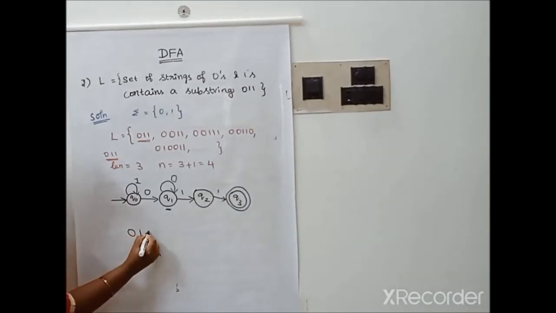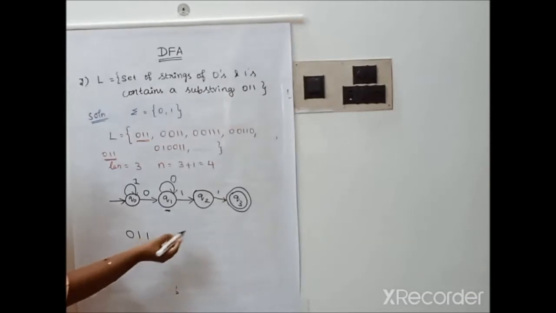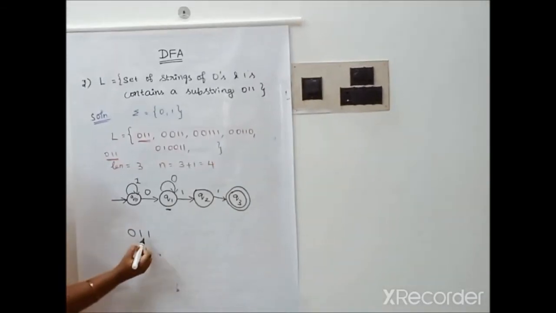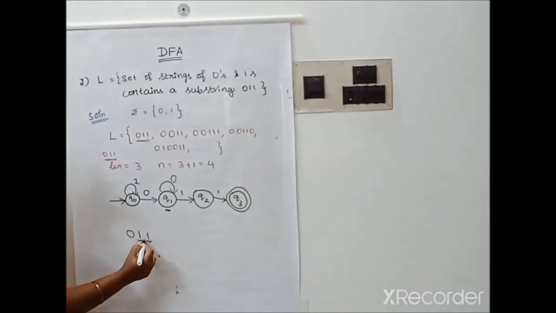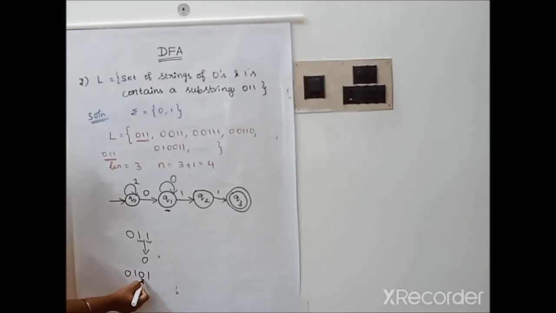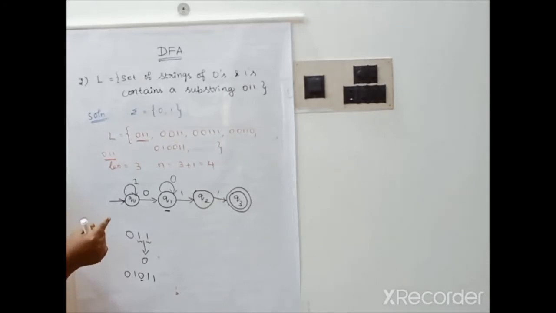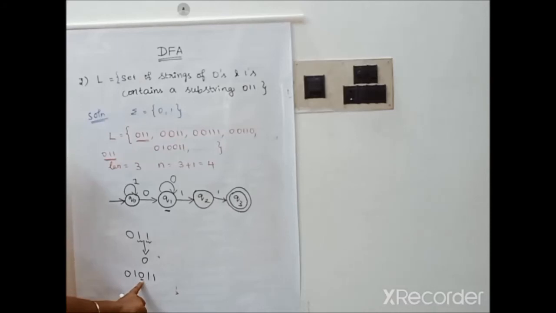011 is our substring. Now in Q2 there is a transition for the input symbol 1. For which input symbol is there no transition? 0. Therefore if 0 occurs between these two ones, what happens? The string becomes 0101. If 0 comes again, after the 0 we need to have double 1. So from Q2 for 0 we need to make a transition. For which state can it move on the input symbol 0? From that state it again needs to read two 1s.